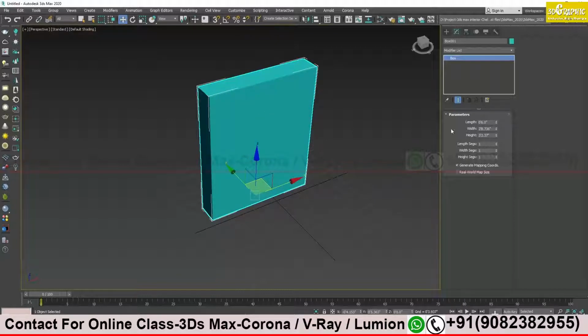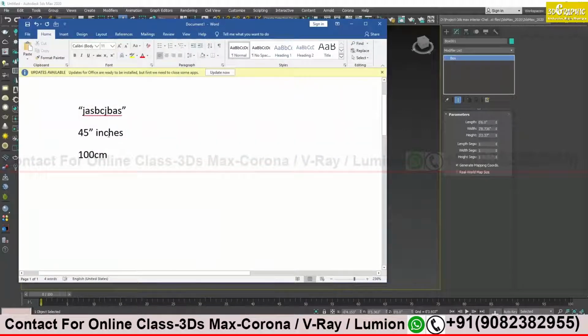It took the value in centimeter but displays in feet and inches, because I have selected feet and inches, but you can give the value in any unit setup. You can give in inches, in centimeter, in millimeter, whatever you wish. Clear so far?